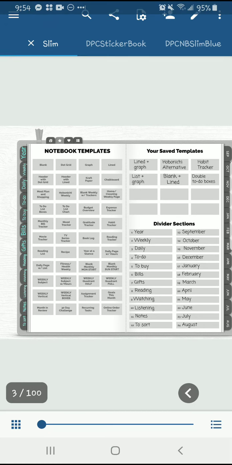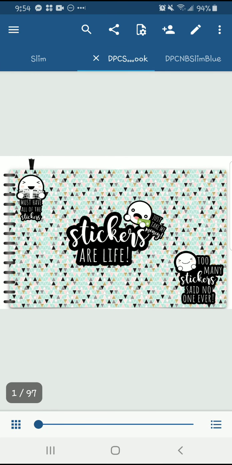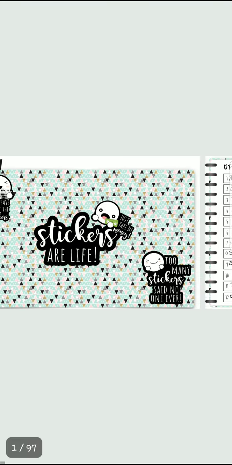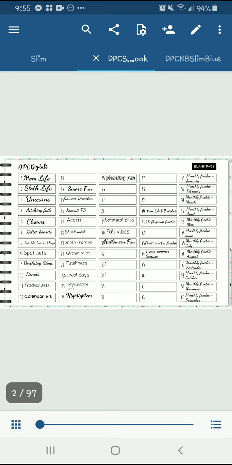So I wanted to then quickly show you sticker storage here on Android. So here is my cover. This is that freebie that I told you guys all to grab. And then we have our index page. It comes with 60 different subjects. So when you first get it, it's going to be